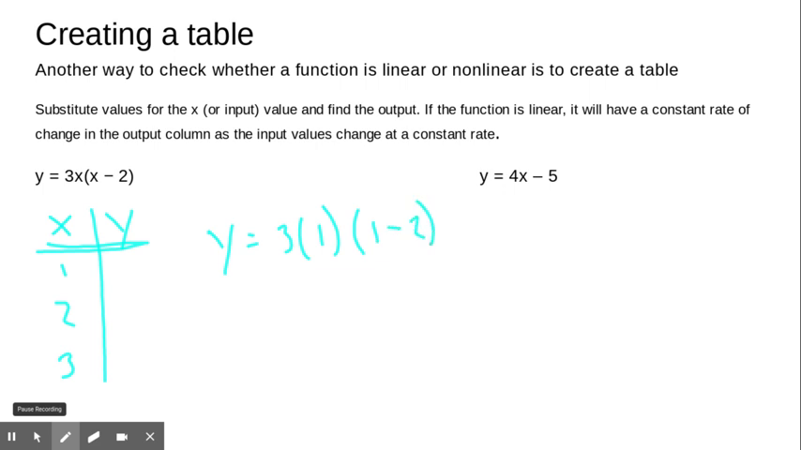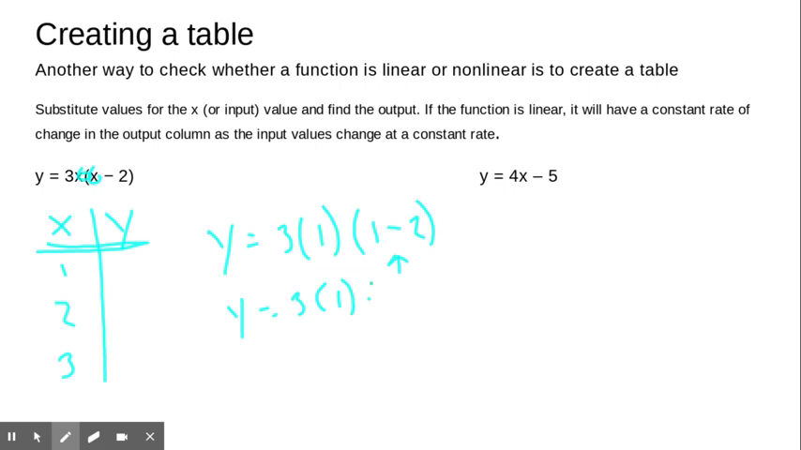Notice my 1s are wherever my x's were, because I'm no longer using x, I'm using 1. So 3x is really 3 times x, so that's why I have 3 times 1. For order of operations, we do parentheses first. So I'm going to do what's in the parentheses first. So that's y equals 3 times 1